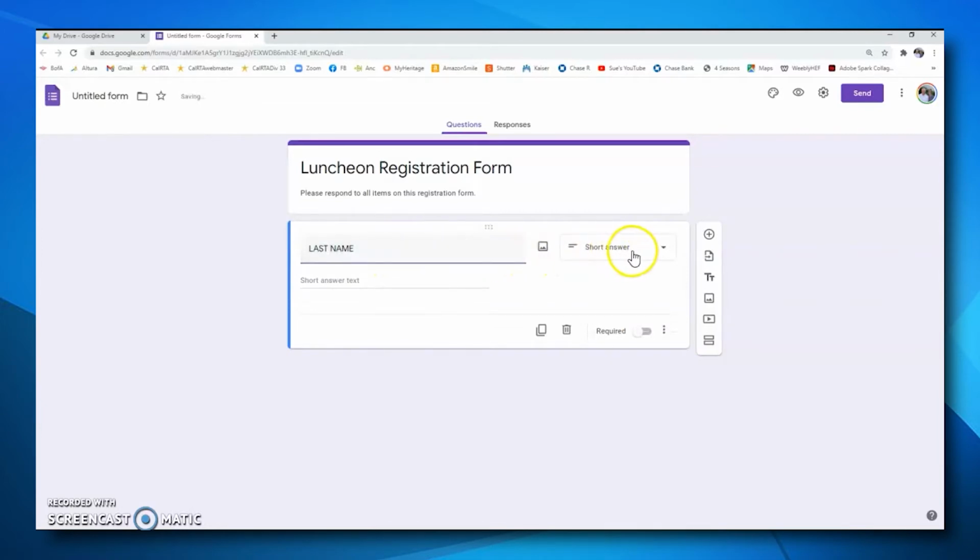Notice that over here, what used to say multiple choice automatically changed to short answer. Google does anticipate the kind of response you're asking for when you type an item. So that's kind of a cool idea. Down here where it says required, I'm going to click right next to this button until it turns purple. That makes this question or this item required. That requires whoever is filling out this form, they must complete this item before they can go on to the